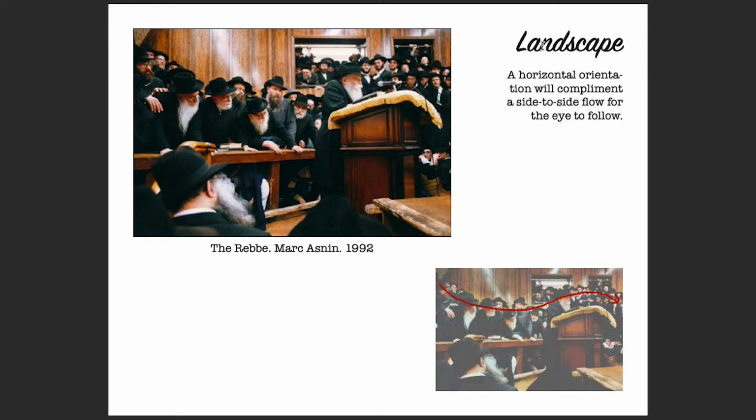When I say landscape in this context, I'm talking about the orientation of the photograph itself, meaning that this is horizontal. Landscape and horizontal are synonymous when I'm talking about camera format. I'm not talking about trees and lakes. I'm talking about how this is not a vertical or portrait. So you have a landscape photograph, and in this case, Asnin is taking this photograph of these rabbis because it fits really well with the subject. In this case, a landscape